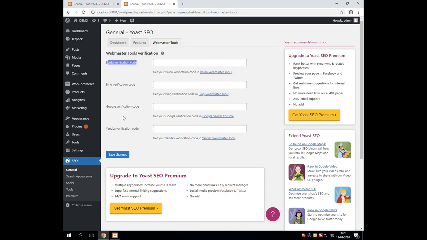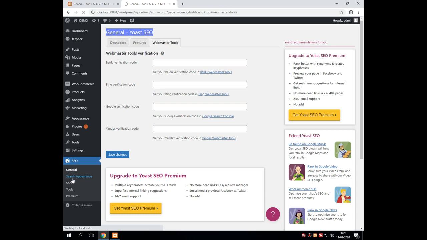All these are popular search engines used by users for searching their criteria. That code can be obtained from that particular website and placed in this text box, and you have to save the changes. So all these are the general settings of Yoast SEO.